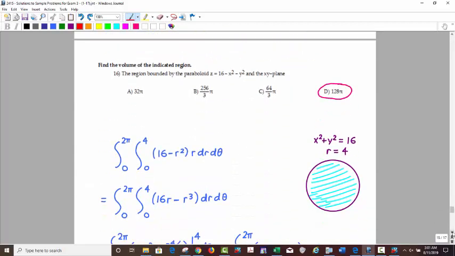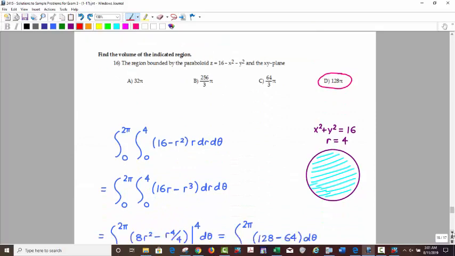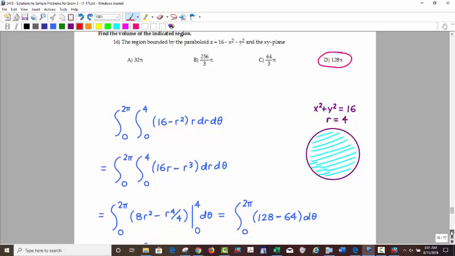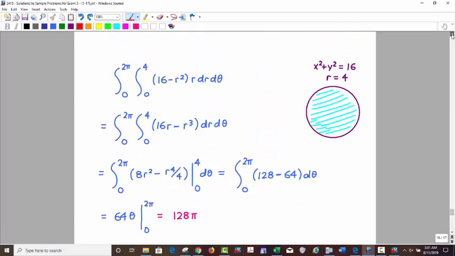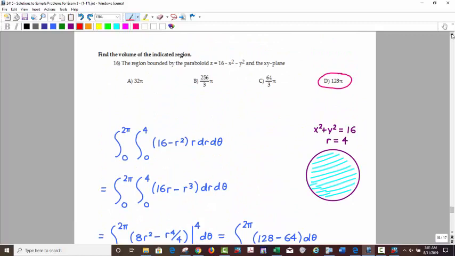All right, number 16. Region bounded by the paraboloid in the xy plane. Finding the volume. This is a picture of it. You're sort of looking at it downward here, from above. We don't really need to graph it. It's a pretty simple function to deal with. When I say graph it, I meant would I be providing the graph? You don't have to graph it, obviously, but